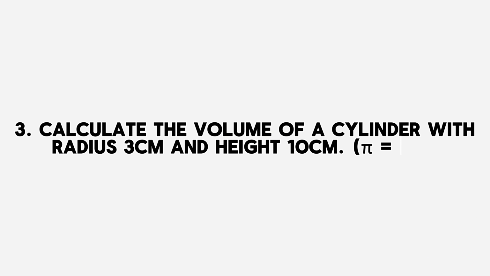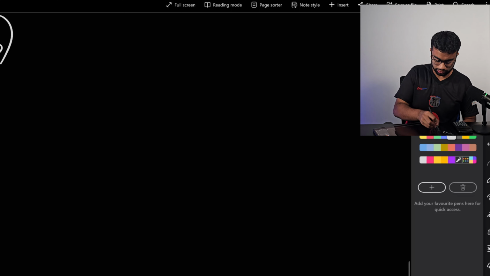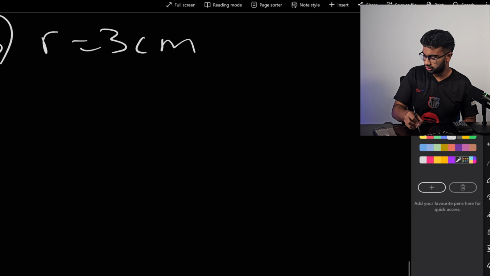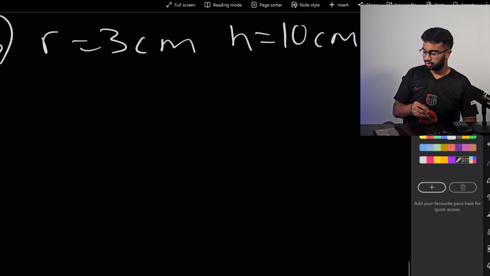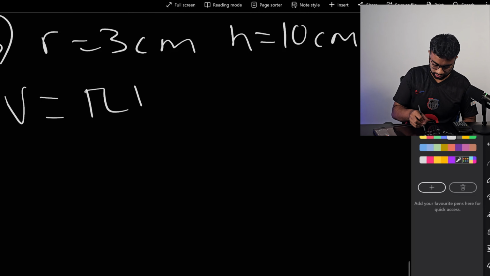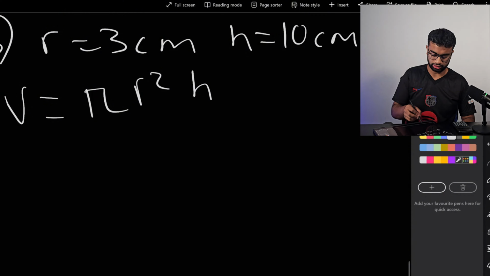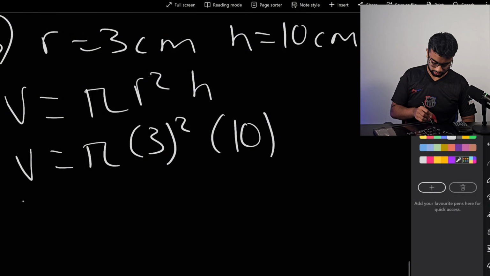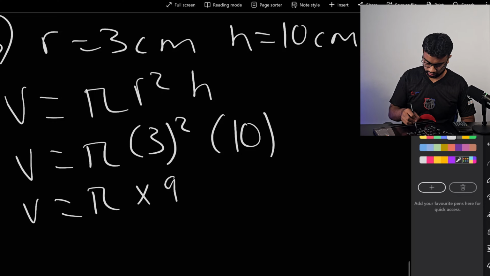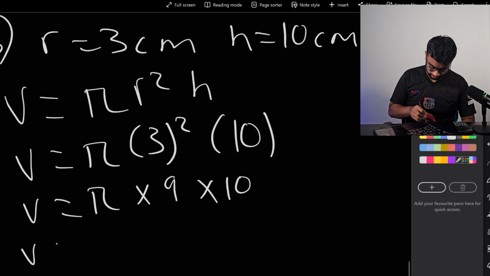Question 3 tells us to calculate the volume of a cylinder with radius 3 centimeters and height 10 centimeters. So for the volume of a cylinder, we can use the equation volume is equal to pi r squared times h. So the volume of this will be pi and our radius is 3, so 3 squared multiplied by 10. So we get V is equal to pi times 3 squared, which is 9, times 10. V is equal to